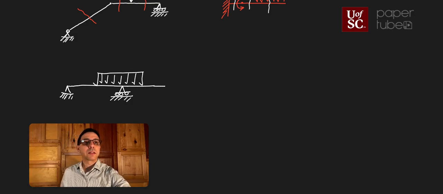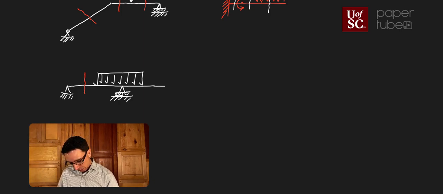Now that particular system, I'm going to need a cut somewhere over here. Then there's a change in the loading condition because of that distributed force, so I'm going to cut somewhere over here. And then there is a change in the loading condition because of that support. So I'm going to need another cut over here. And after the end of that distributed force, you might need another cut over here. So there's going to be 1, 2, 3, 4 cuts for this particular